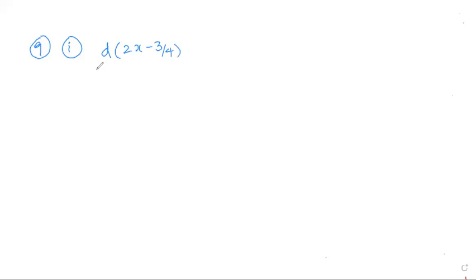Okay? Do with respect to x. Here the x on the upper side is not alone. It is multiplied by 2 and subtracted by 3 by 4, so again the chain rule will come. X is multiplied by 2, which means it is greater, so the 2 is greater than 1. And it is subtracted by 3 by 4, again adding or subtracting also makes it greater.